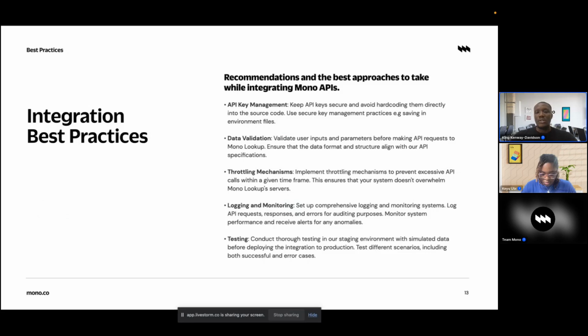Speaking of the integration best practices, we have done well to put down best approaches that we think would be very important to your integration process. So the first of this list is securing your API keys. So please understand that your Mono secret key is very, very sensitive information, and you should try as much as possible to save these keys directly to environment files, or you can use third-party platforms to